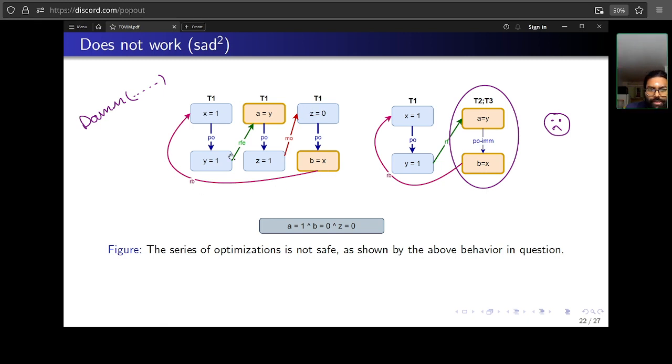In terms of cycle, there's a clear cycle here. But then in the final program that we have, there's still this PO immediate edge, which is part of PO. And so we actually allow this outcome. And we don't need any memory order between writes of Z, because Z does not exist and it's the initial value 0. So we have that satisfied. But we see there's a new behavior allowed. So it's not so simple.